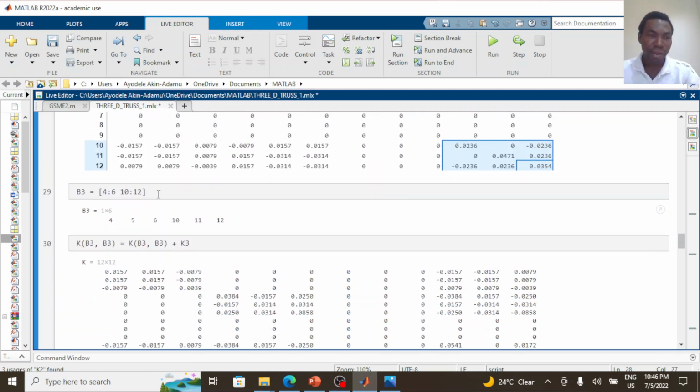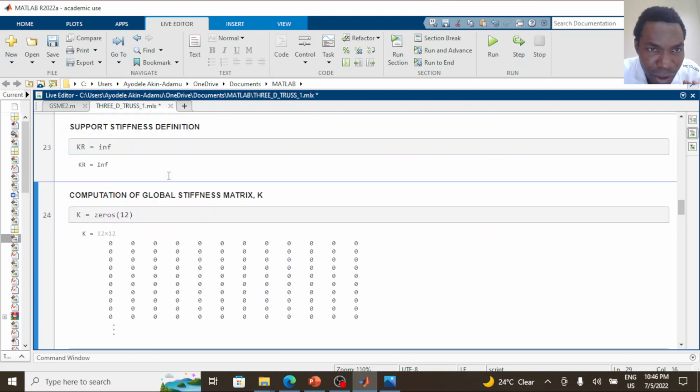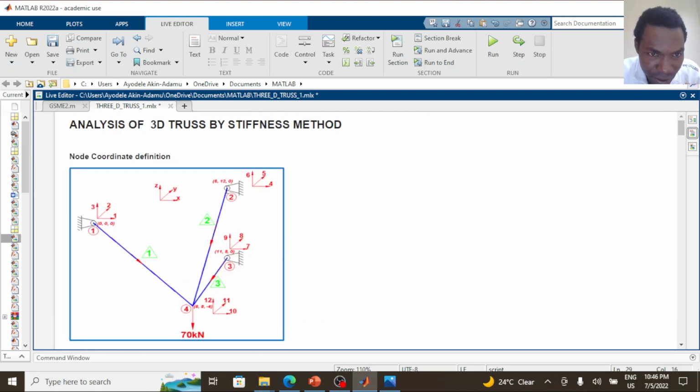So for element 3, the degree of freedom numbering is 4 colon 6, 10 colon 12. This 4 colon 6 means 4, 5, 6, and 10 colon 12 means 10, 11, 12. But let's check to make sure it's correct. Element 3